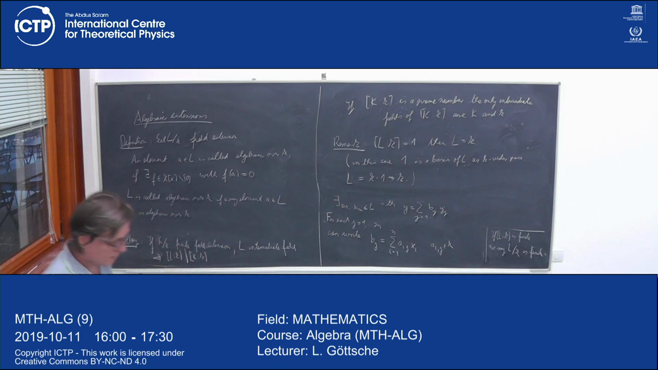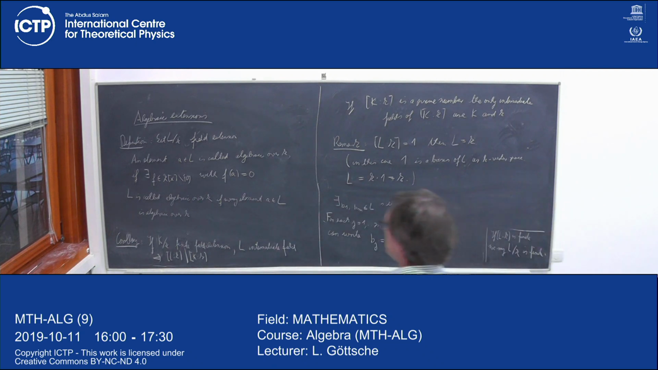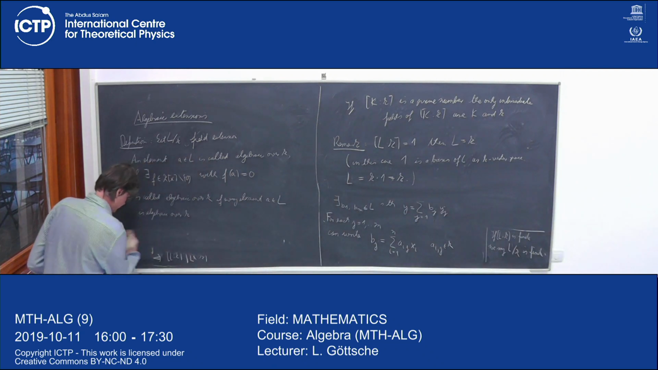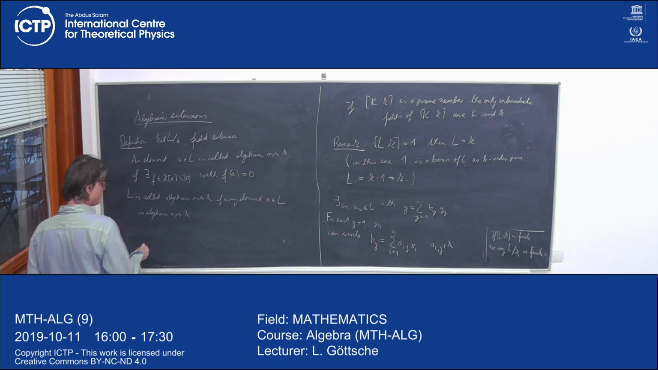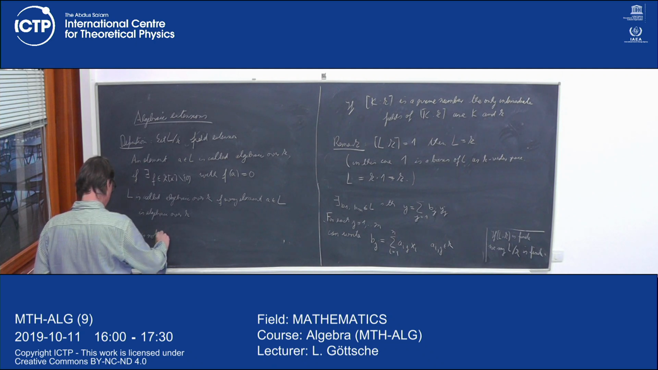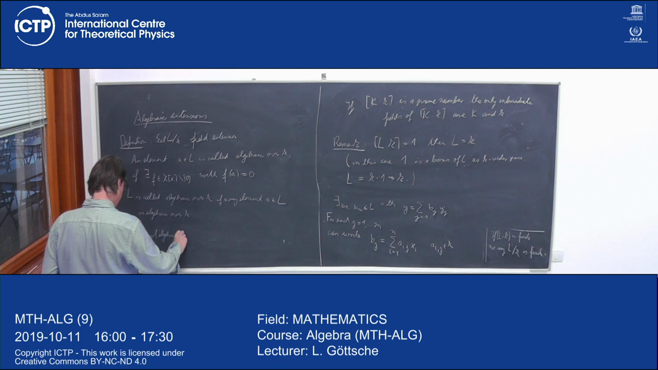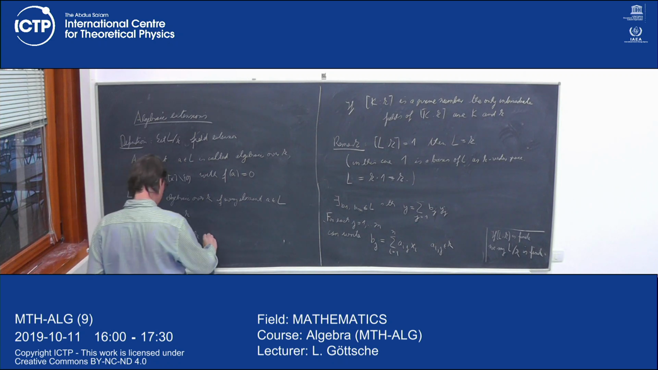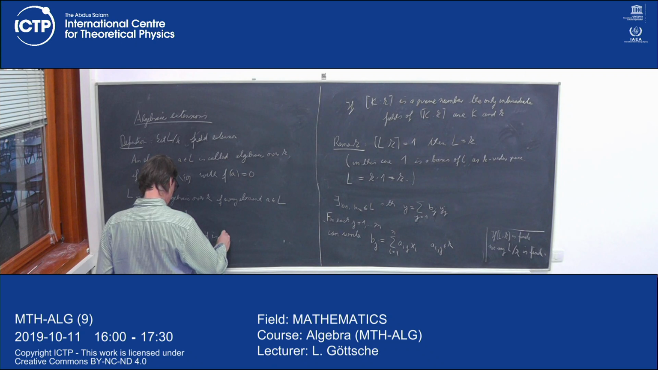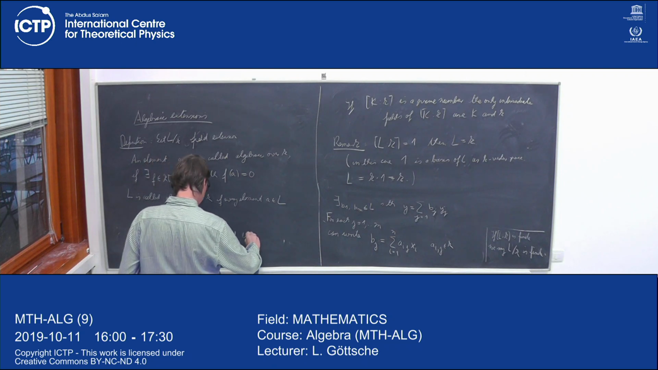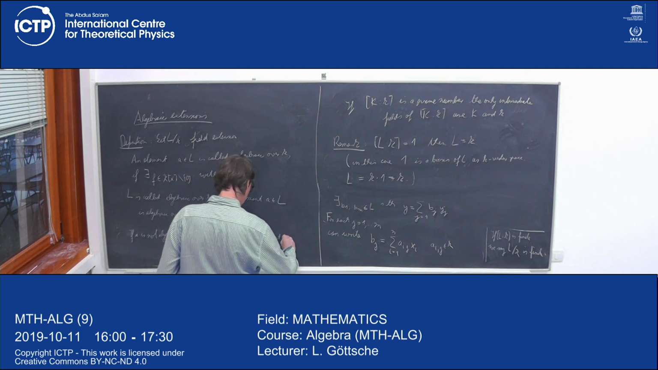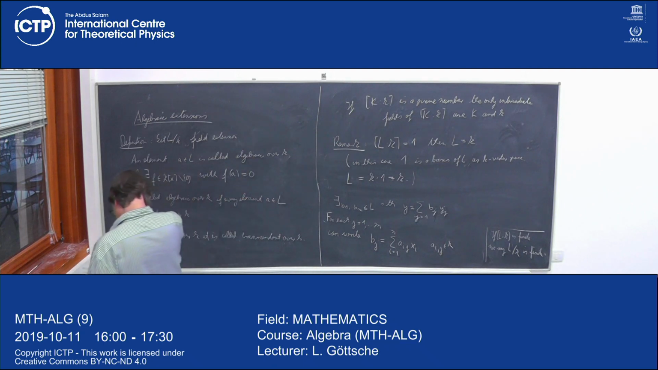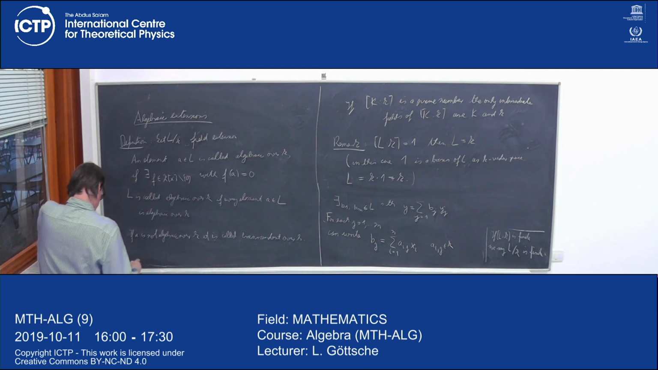By the way, I forgot to mention, an element which is not algebraic over K is called transcendent over K. Kind of a fancy name. But anyway, as an example, for instance we take